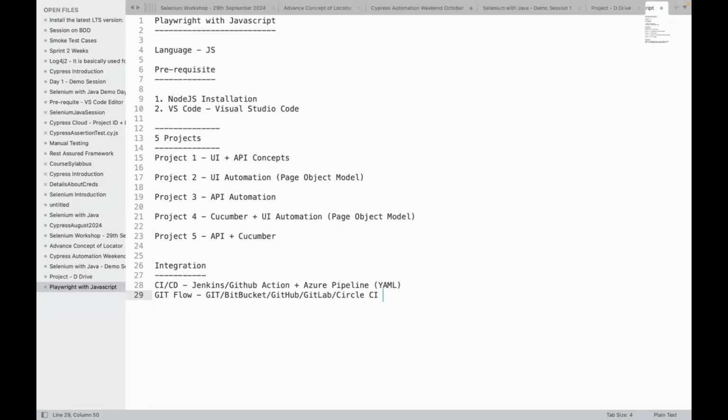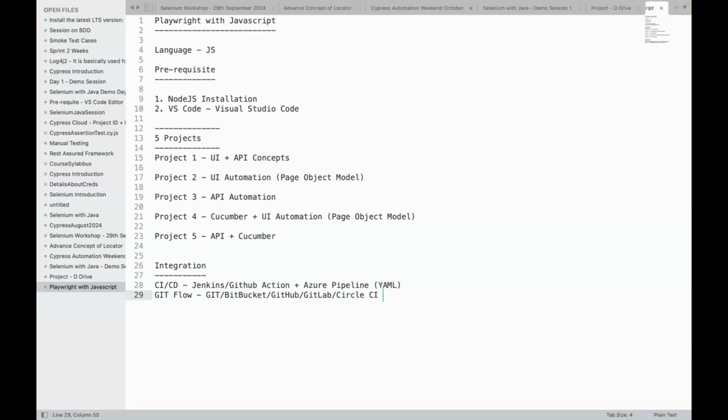At a project level, you can be an individual contributor, or you may be in a project where 3 to 4 people are working on the same UI automation or API automation. In both scenarios the Git flow will change, so we need clarity on both flows, whether you are an individual contributor or working in a team.